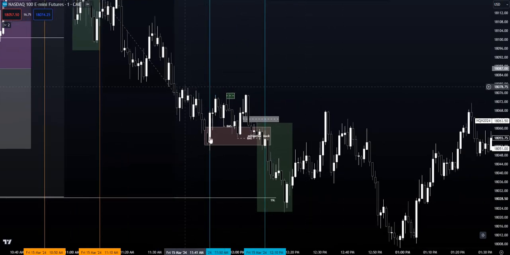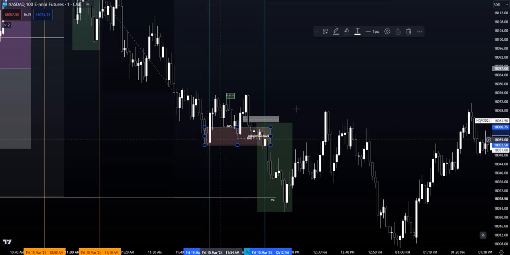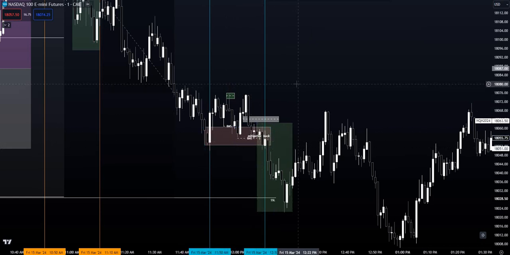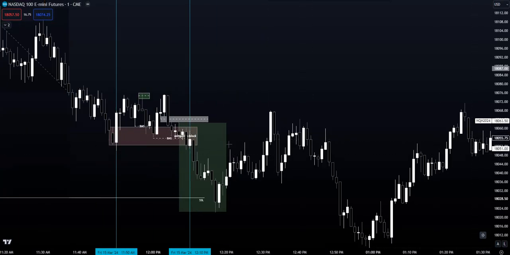Since we didn't take buy-side, this disrespected bullish order block would be now known as a bearish mitigation block. This would not be a breaker. Why? Because we didn't take buy-side. Once we take buy-side, that would be known as a breaker. But since we didn't take buy-side, this would be known as a mitigation. So because this is our mitigation block, once we displace through it, which would be this white candle,